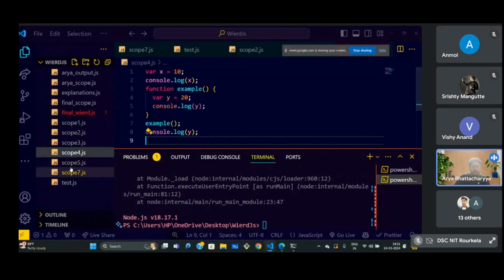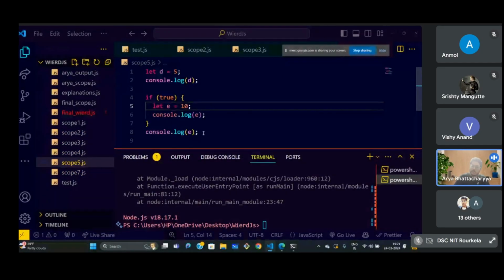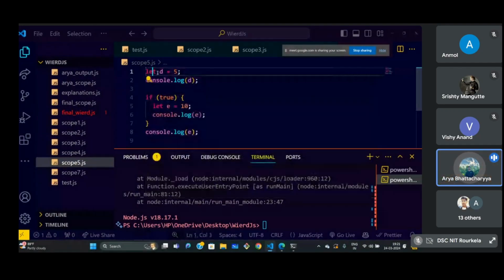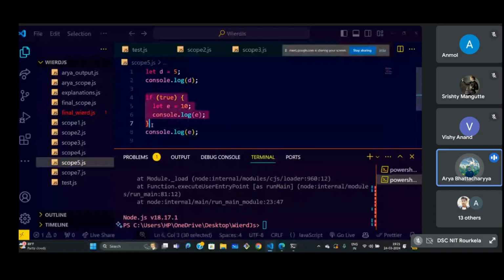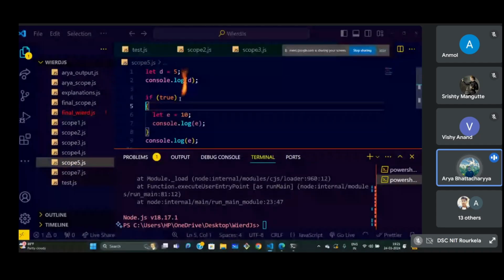So that is it. The fifth question is also based on similar lines, the only change is that let is used instead of var. So try that out. With if true, it means it always enters this block. It is always valid, so it is always forced to enter this block. That is the concept. So tell me what is going to be the output of this, what the answer is going to be.